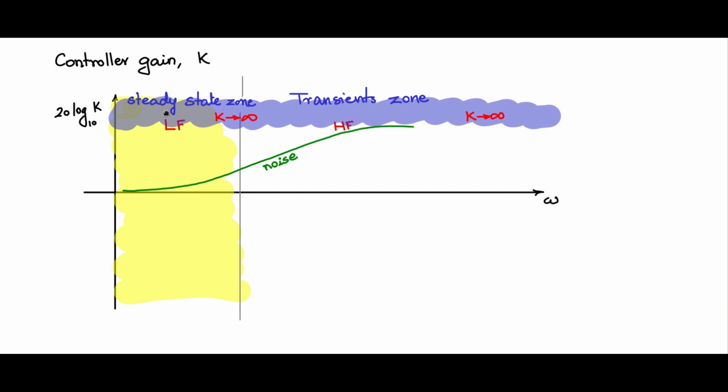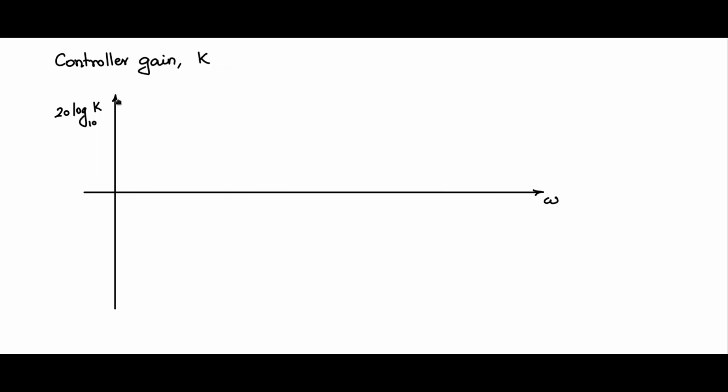You need to have K equal to infinite only during steady state, let us say closer to the DC here, and then K should become smaller at higher frequency regions. So that is the technique that we will adopt to shape the K curve as a function of frequency. Let us begin with the gain of infinity near DC, near the steady state part. So if there is a gain of infinity, then the error is 0. So you will get 0 steady state error.